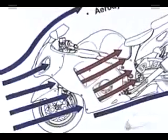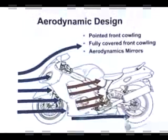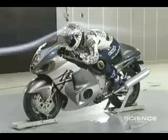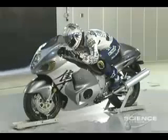In 1998, when Suzuki set out to design the definitive sports bike, engineers faced a far greater challenge than simply adding more horsepower. It's very easy to build an engine with a lot of horsepower, but to achieve the speeds that they were trying to get, it really took a lot more, and it really took them a lot of time in the wind tunnel trying to create a bike that was very aerodynamic and with a low coefficient